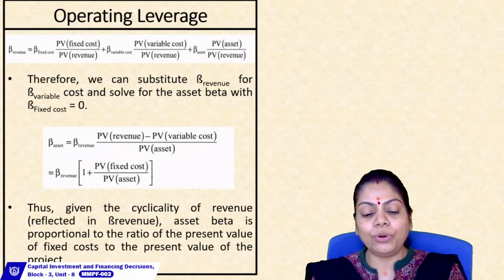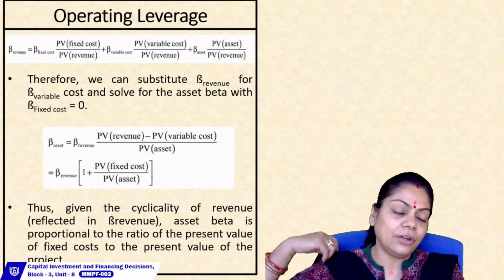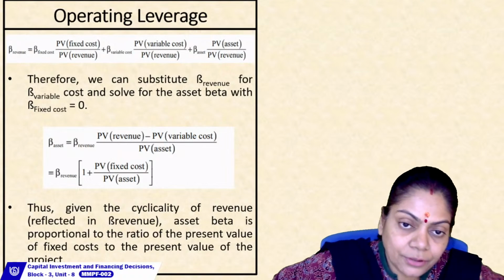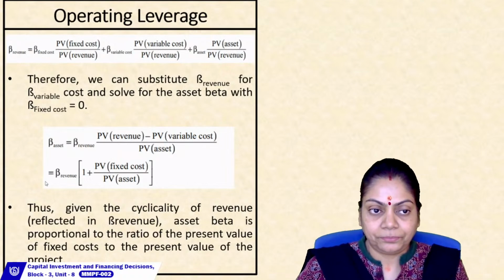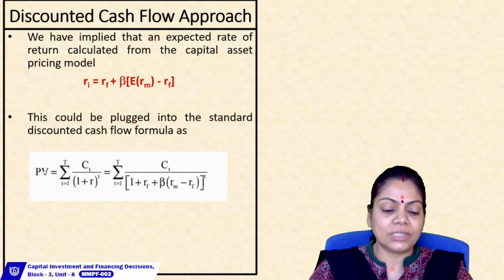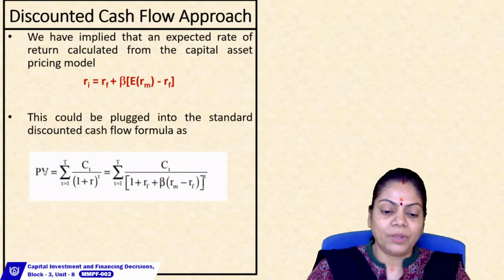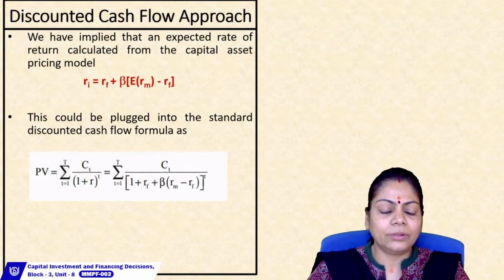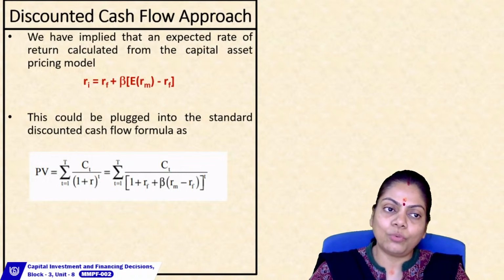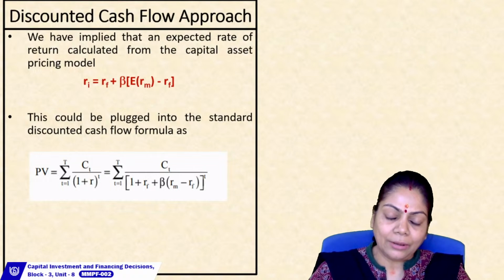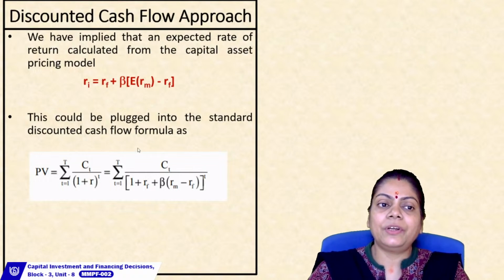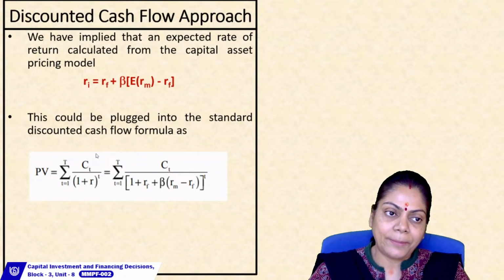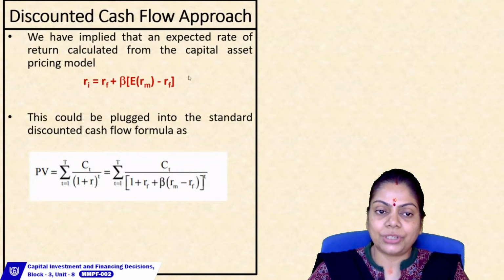And we'll try to see how that changes over a period of time, and we'll deal with a long-lived project. Now, when we talk about the discounted cash flow approach, we will deal with the changing profile of risk over the life. Earlier we implied that the expected return calculated from the capital asset pricing model through this equation